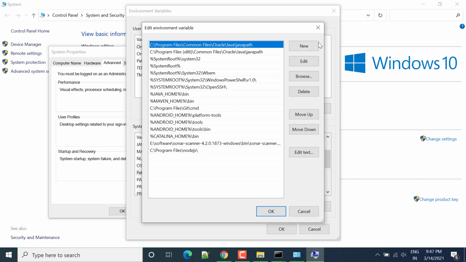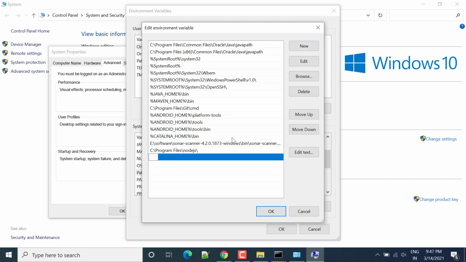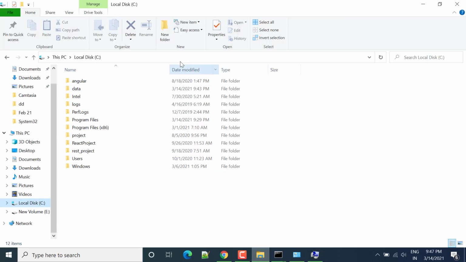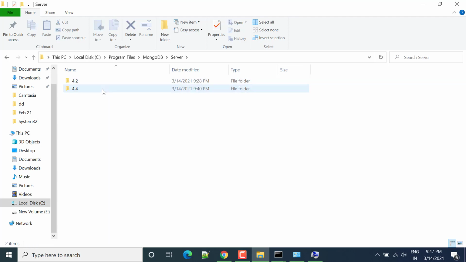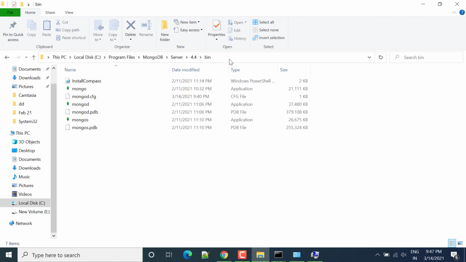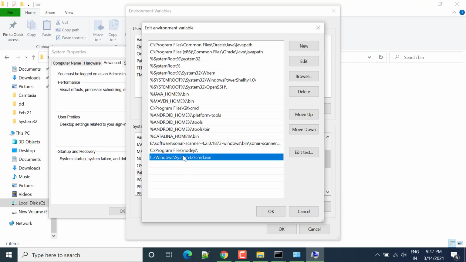Inside that we can click new and then paste this path. Okay, that path is not copied, so we have to copy the path till bin, right? We'll copy this path and put it here.